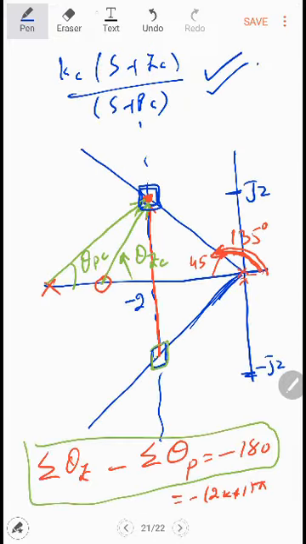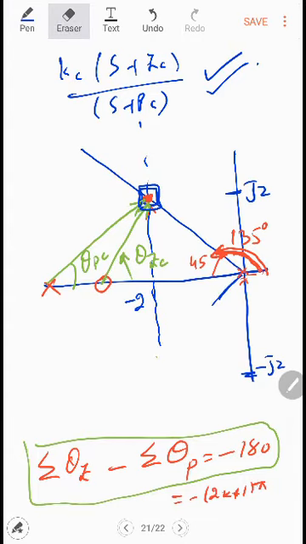Sorry, we do not have to find the effect of this pole with the closed loop poles. We have to find the effect of the other poles, not this one. You can also erase this one, so that there will be no confusion over here. So you can leave it like this.